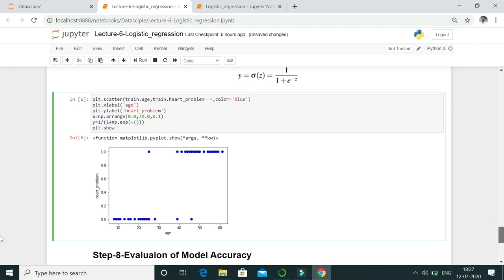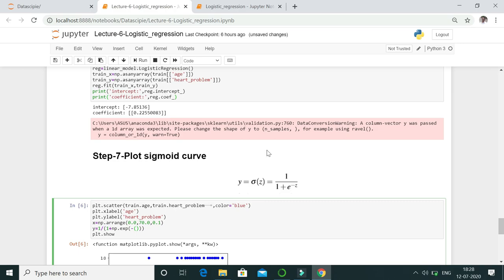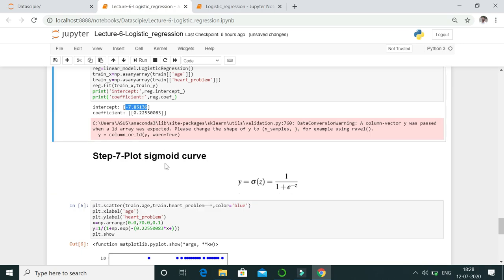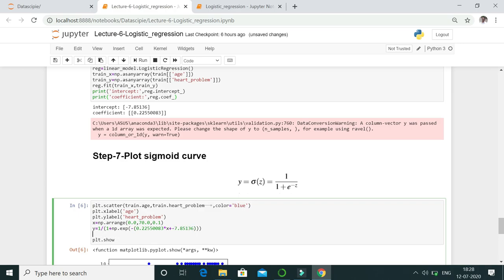It is the coefficient. So what is our coefficient? 0.22. Copy it, paste it over here, into x plus, what is the intercept? Minus 7.8. Copy it, paste it over here.